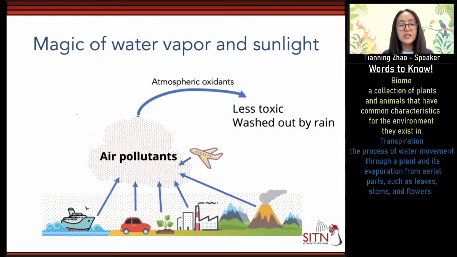And the magic of water vapor and sunlight is what produces those atmospheric oxidants, more specifically the ozone and hydroxyl radicals. They play an important role as a strong oxidizing power in the atmosphere. The production of such things requires two ingredients, sunlight or UV radiation and water vapor, and both are present in generous quantities in the tropics. So it comes as no surprise that the tropics are the regions in which large fractions of many atmospheric trace air pollutants, including carbon monoxide and methane, are eliminated.